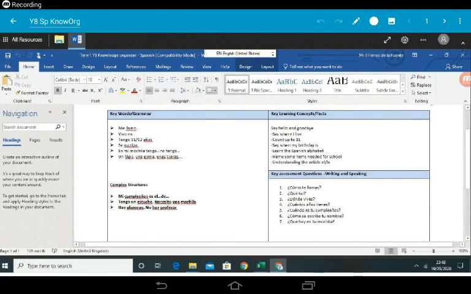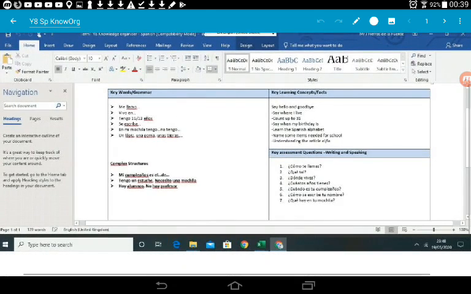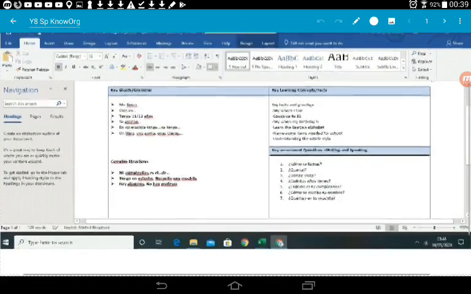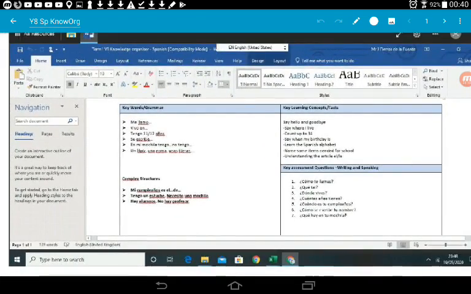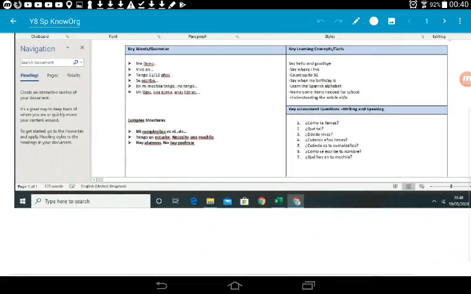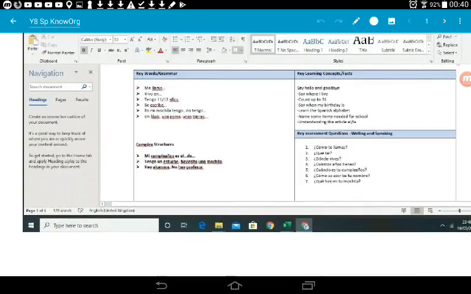Dear all, it seems that we're going to have some sort of exam before the end of the year, and I just wanted to go through some of the things that you need to prepare in Year 8 to be ready for this exam and to do well. I've got here the knowledge organizer for all the terms. I'm just going to make all of this available for you